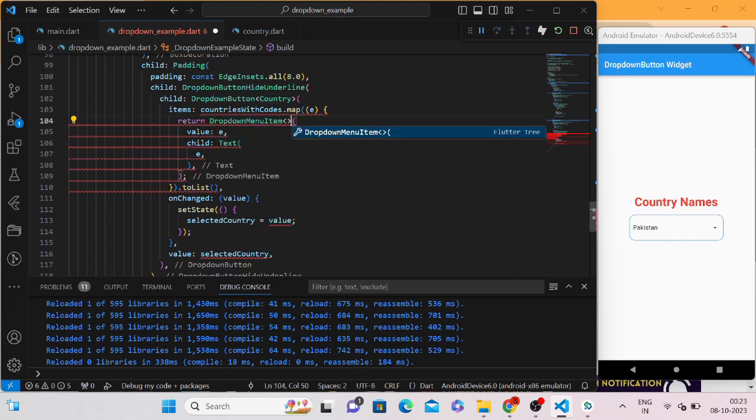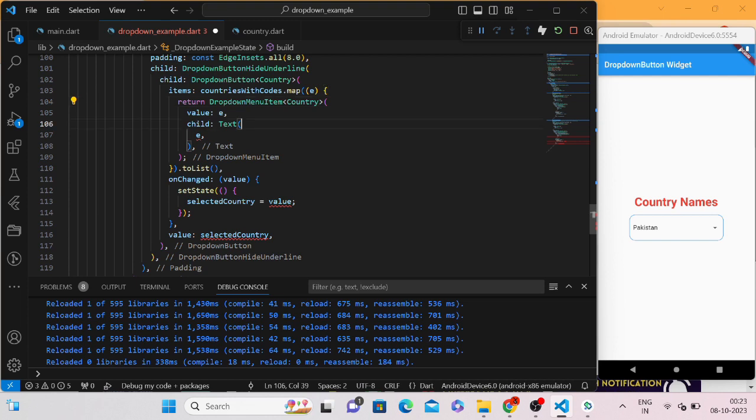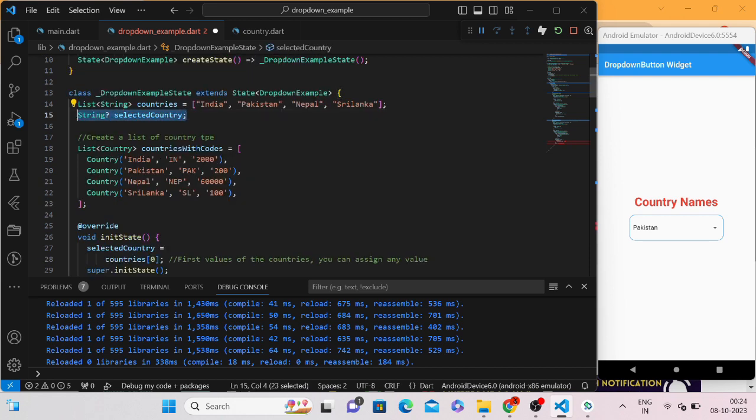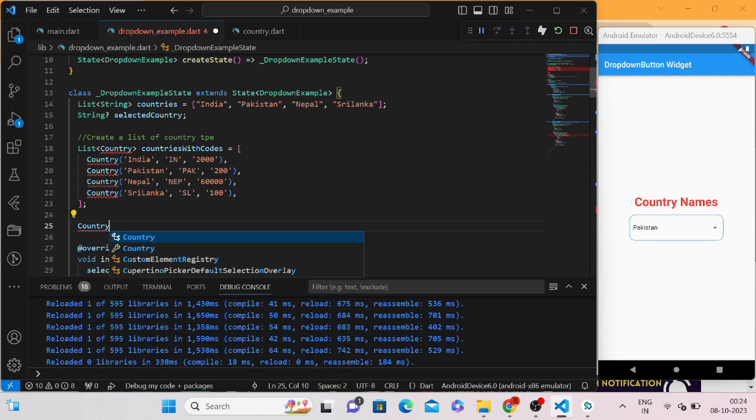You have to pass here as well country, and here you can see there is an error. Here I am going to write country name, and this value will not work because this selected country is of type string, but we need an object or a variable which will be a type of country. So let's create a variable which will be selected country